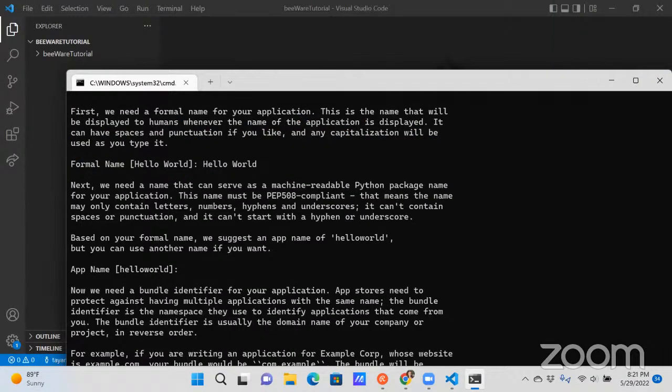App stores need to protect against having multiple applications with the same name. The bundle identifier is the namespace they use to identify applications that come from you. The bundle identifier is usually the domain name of your company or project in reverse order. For example, if you are writing an application for Example Corp, whose website is example.com, your bundle would be com.example. The bundle will be combined with your application's machine-readable name to form a complete application identifier, e.g. com.example.helloworld. Bundle identifier [com.example]: